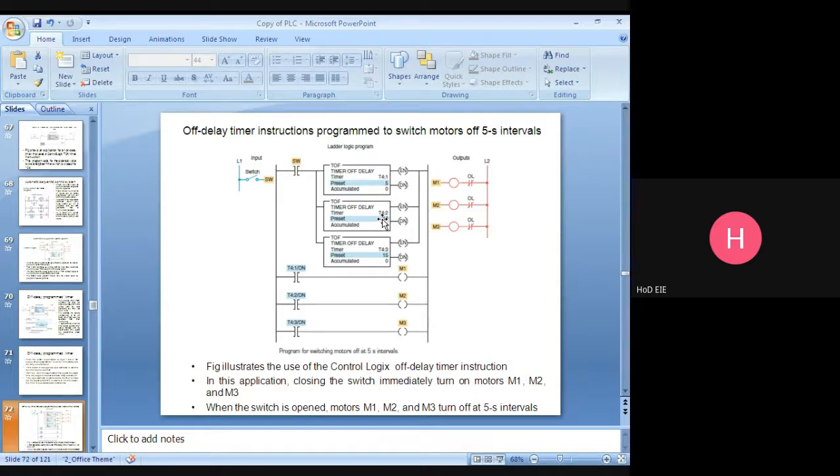After 10 second count, this done bit will be de-energized. So this contact will be open, motor 2 will be off. Then accumulator value 11, 12, 13, 14, 15 seconds. This done bit will be de-energized. This contact will be open. The motor starter coil 3 will be de-energized.